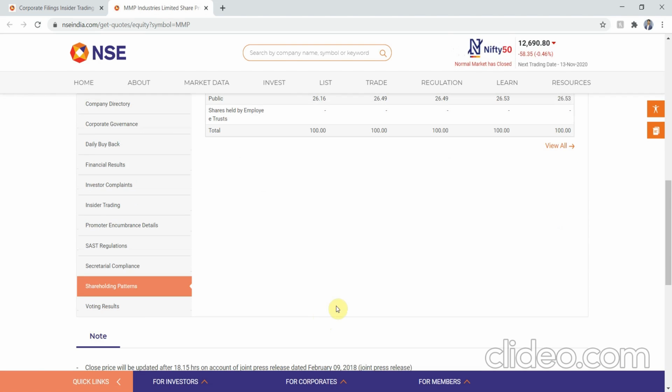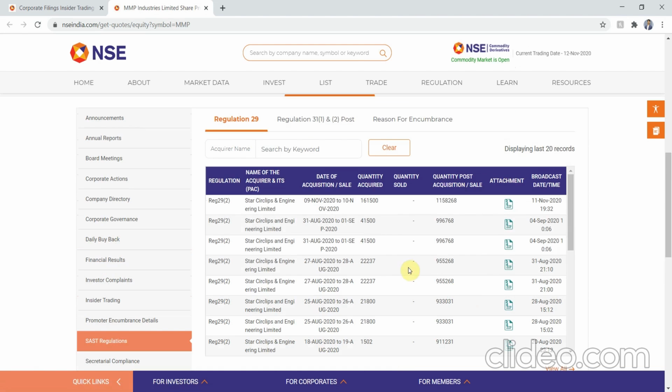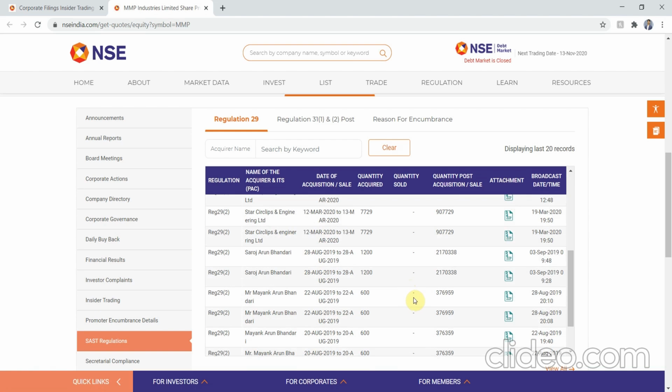Next, what I have to check is that in the last 6 months, yeah, the time frame is important, I have to look at whether any institutional investor or any promoter group has sold the stock or not. If anyone has sold the stock, by anyone I mean the institutional investors and promoters, in the last 6 months, then it fails to pass our barrier of SAST regulation. So that information will be right here. As you can see, there has not been any selling reported to the NSE in the recent 6 months. So it passes our criteria.